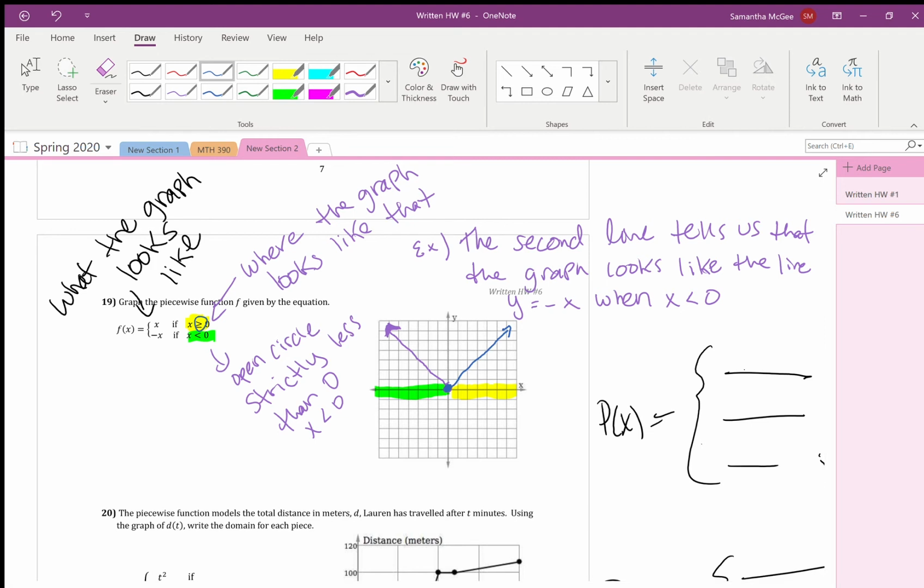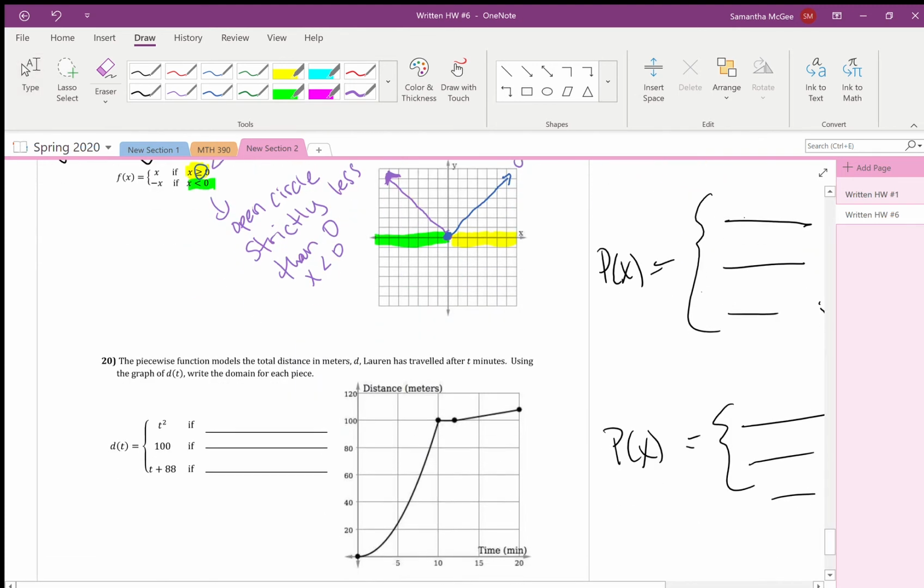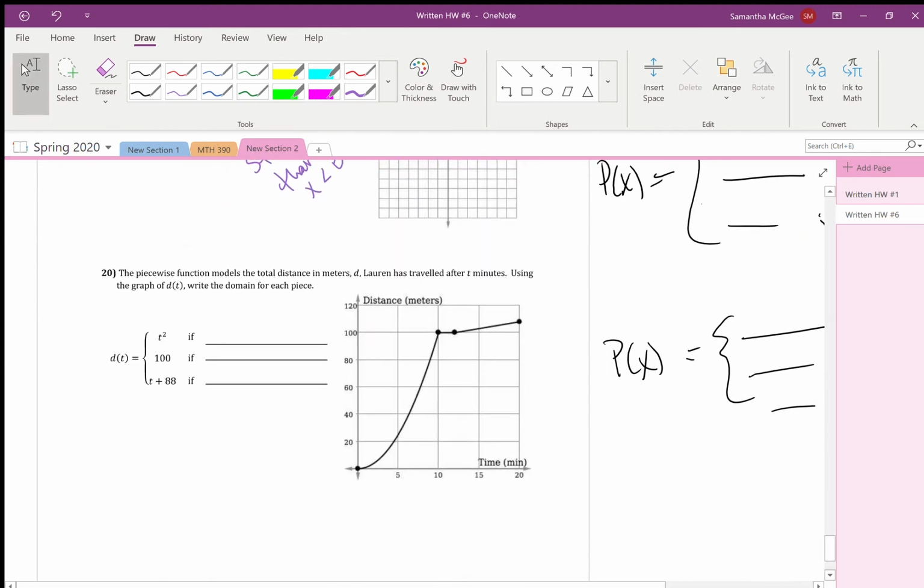So we'll have different pieces. The first part's going to tell you what the graph looks like, and then the second part will tell you where the graph looks like that. Going the other way, if we were given the graph and asked to find the equation, in this case we're only asked to find the domain pieces,